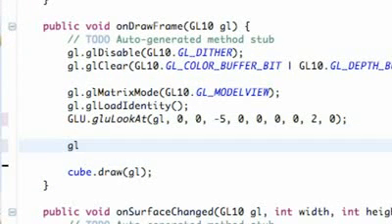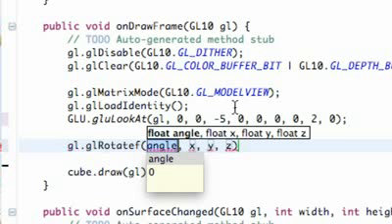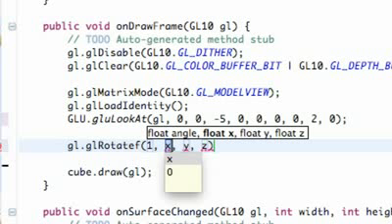We're just going to say GL, again relating to the GL10 object that we're going to pass in. We're going to say glRotatef, and we're going to use the F for float. And the first parameter here is the angle. So we're just going to say, whatever angle you guys want,